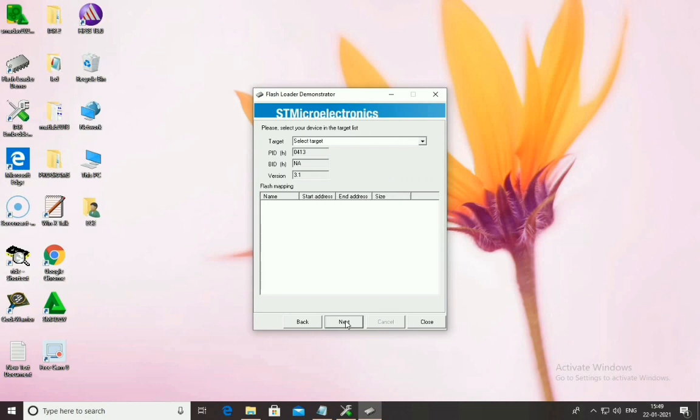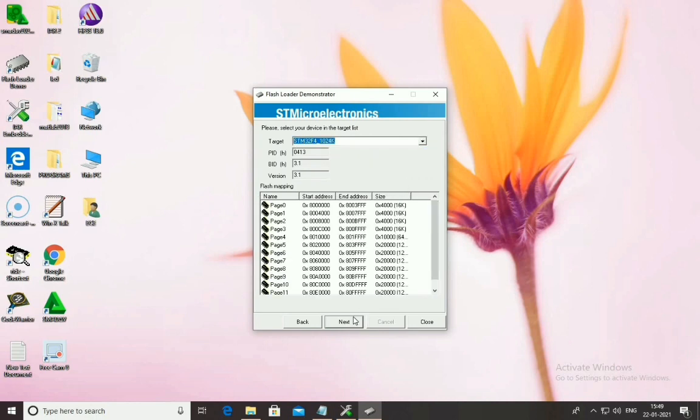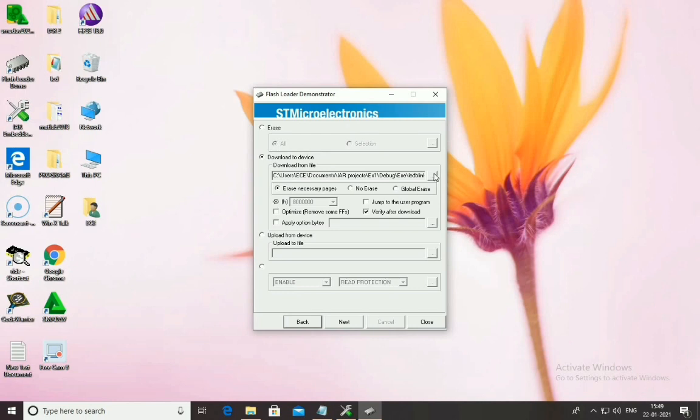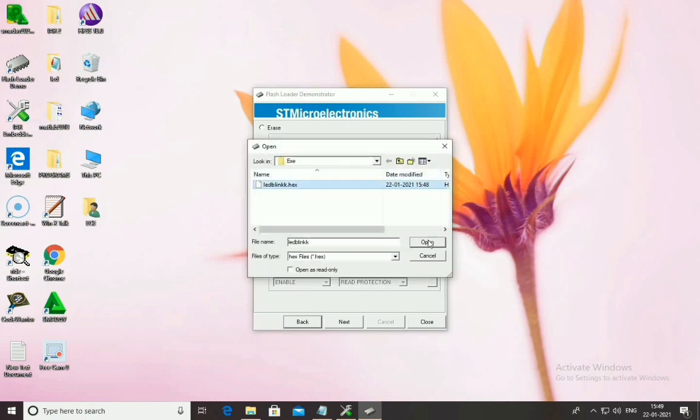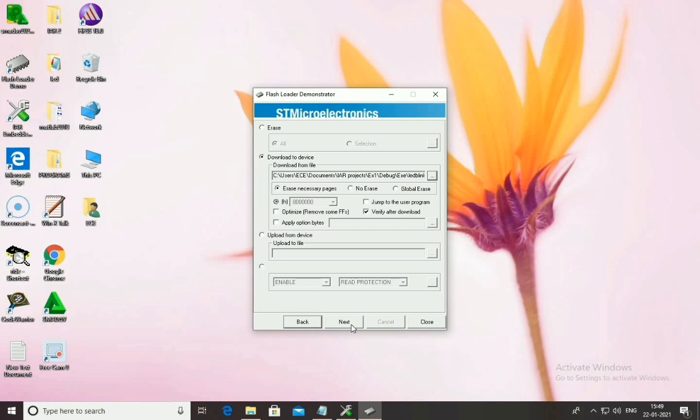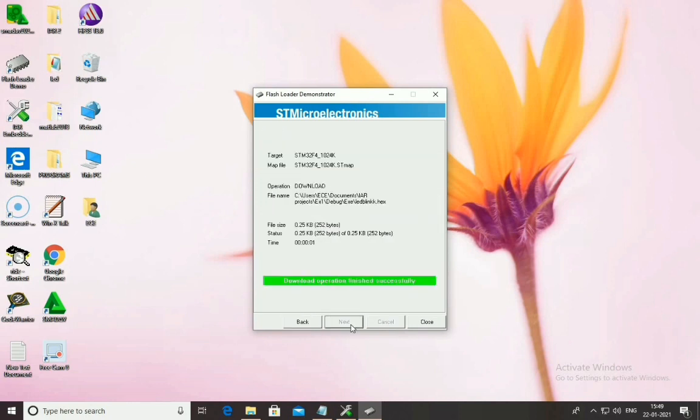Then select the target. Next, here you have to download the file which is available in the exe folder. Now the file is successfully downloaded.